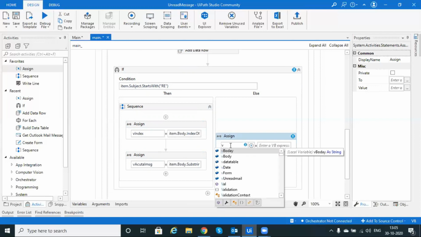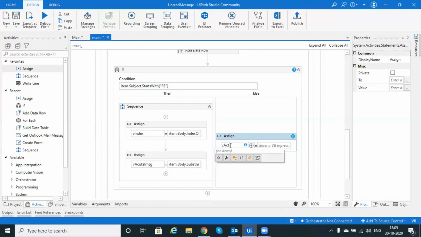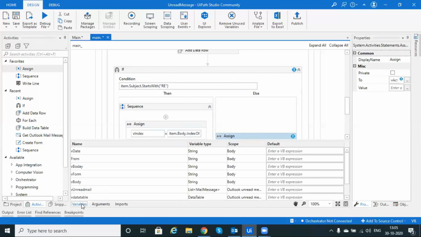Again here we will mention v actual, v actual. Okay, v actual, here is that sequence.